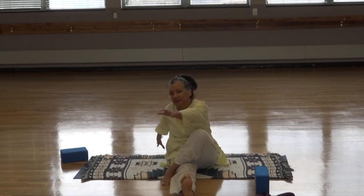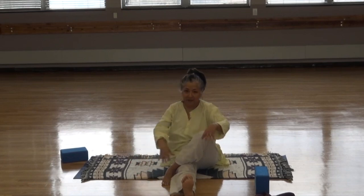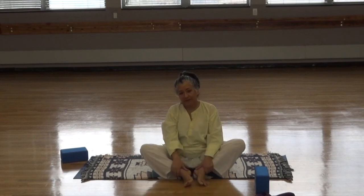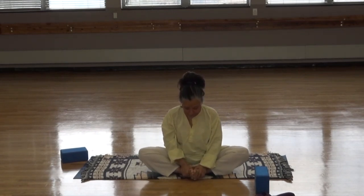Release, bringing the hands to the other side of the leg for a quick counter stretch. And release. Bring the feet together, hop the knees up and down, butterfly,